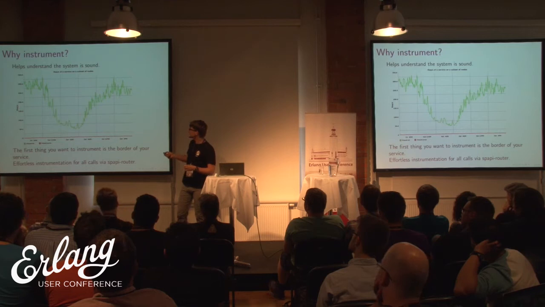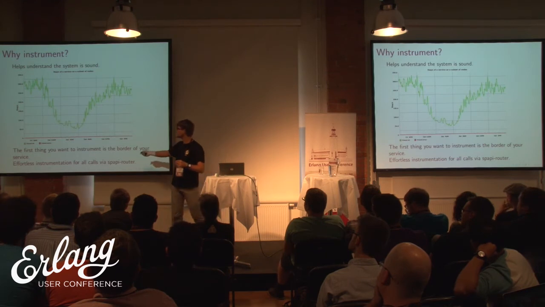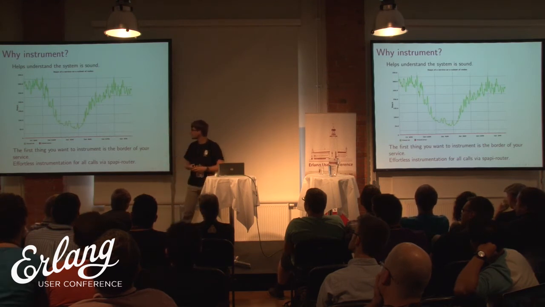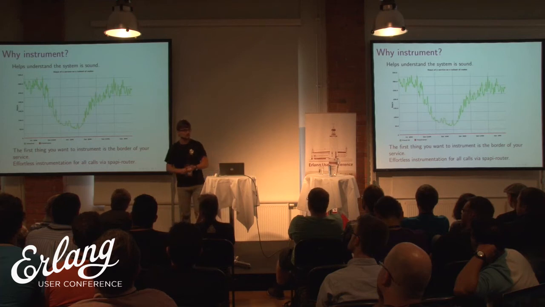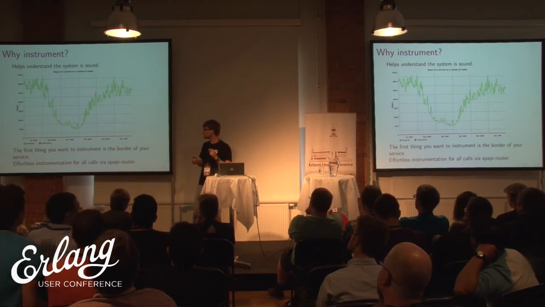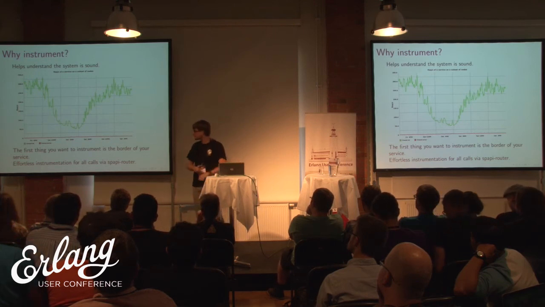This graph is a random graph from our random service. It shows the number of requests per second. The greens are OK and the reds are errors. The graph is not particularly interesting now because everything's healthy. You see it's 24 hours, so it's okay that at 4 a.m. there's lower traffic. But in case there are errors, you see something immediately going wrong in one of the graphs, that the calls are failing, the services are down. Something is going bad. And my point is that with SPAPI router, you get this for free, as long as you have somewhere to instrument to, but that's another thing.